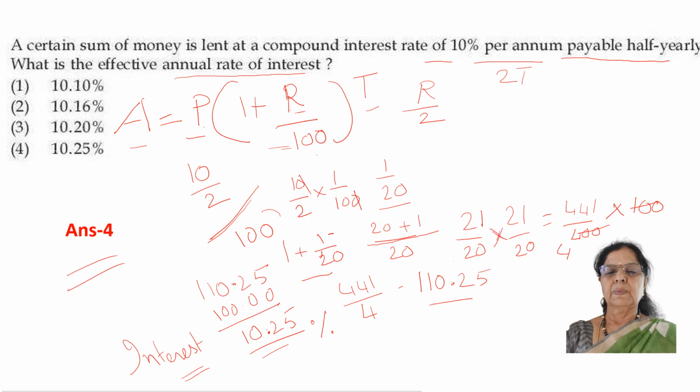And it should be raised to 2 times. Why? Because the time is 2. So 21 by 20 squared becomes 441 divided by 400. And into the principal amount, which is 100. So you divide 441 by 4. You are getting